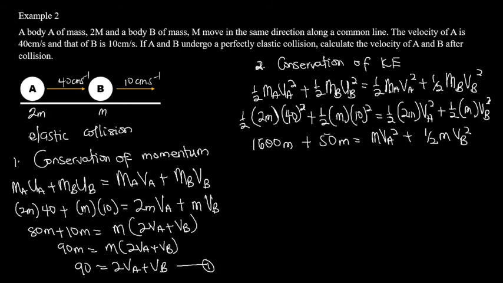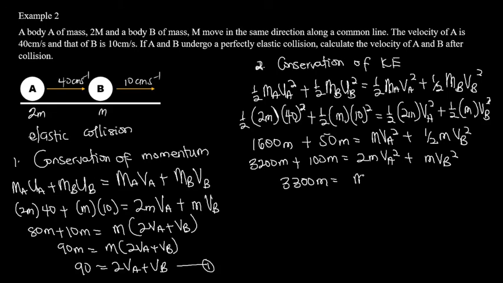Now because we have a fraction here, let's multiply through by 2 so that we get rid of the fraction over here. So if we do that, we multiply the whole of this by 2, we get 3200 m over here plus 100 m to be equal to 2m va squared plus m vb squared. Okay, so over here we add this, we have 3300 m to be equal to, we have m common between these two, so we factor m out, we have into brackets 2va squared plus